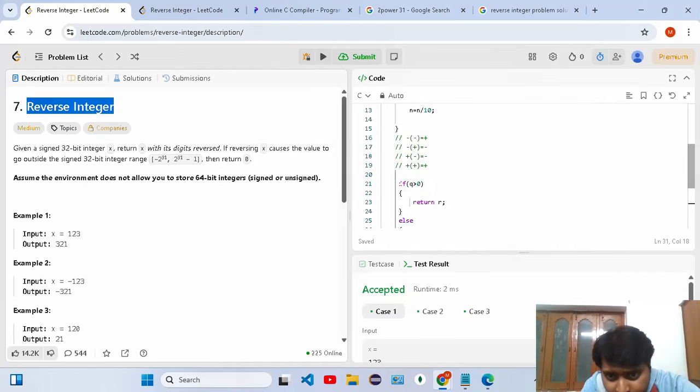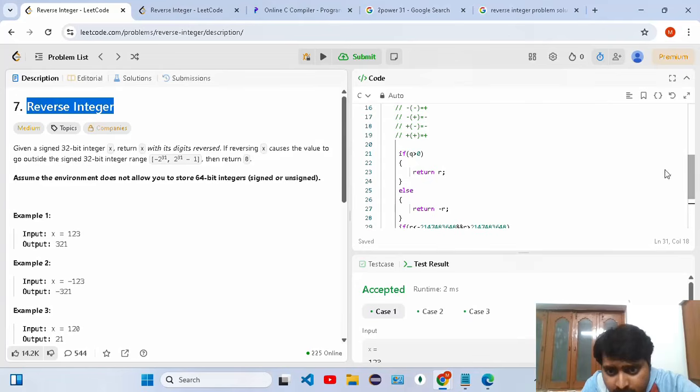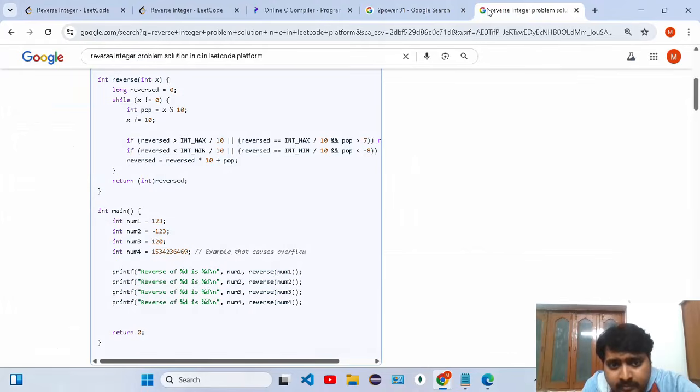I can see here: if q is greater than 0 then r, else return minus r. So this is my tried logic. He wrote in a different way, and you need to analyze that one. We are able to see that it is a formula of reverse equal to reverse into 10 plus m. After that he is giving reverse into